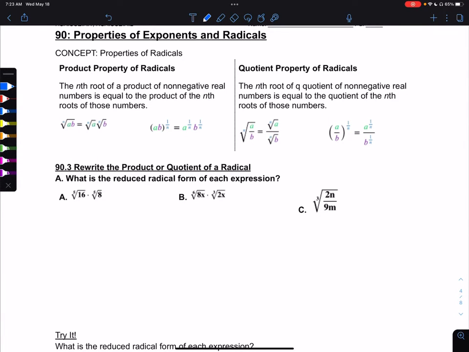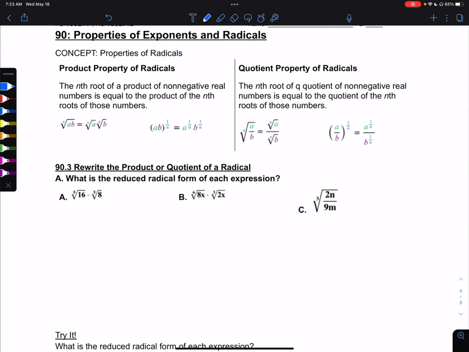In this video, we're going to look at topic 90, example 3, rewrite the product or quotient of a radical. So question A, what is the reduced radical form of each expression? Part A, we have the fifth root of 16 times the